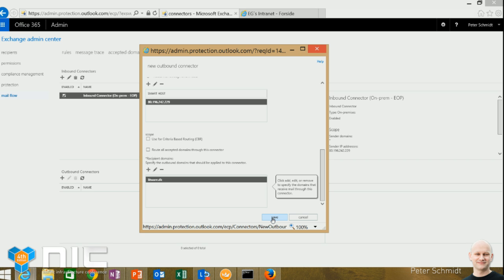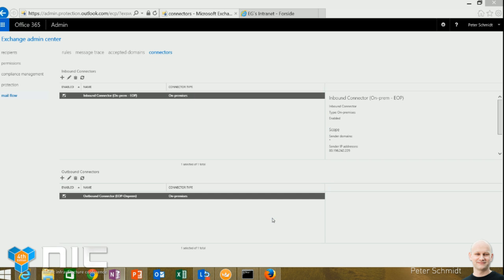So as you see, you could potentially have multiple outbound connectors based on how your criteria are for mail routing and depending on the different domains you have. And you can create multiple outbound connectors if needed and set them up for different delivery depending on the recipient domains you have in your organization. So that was the connectors.